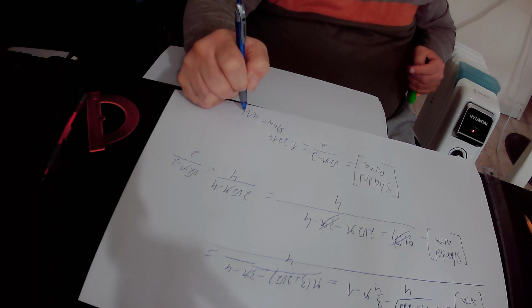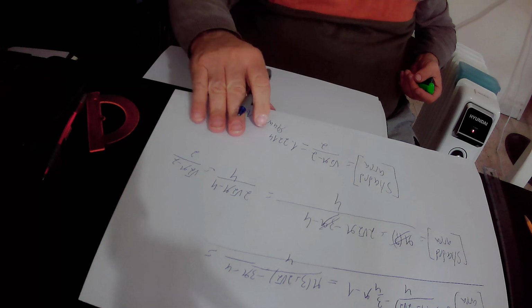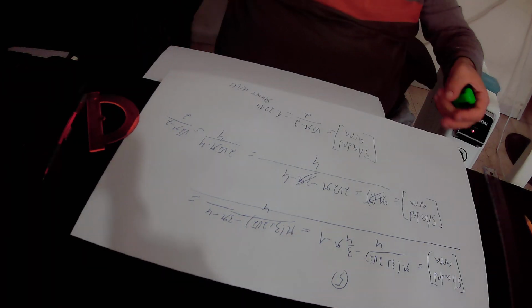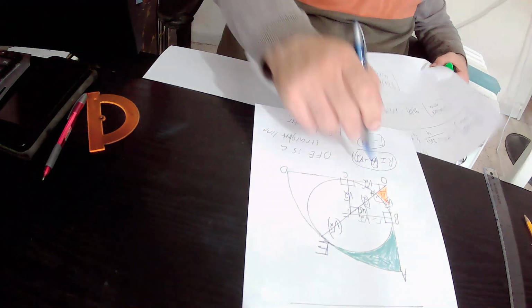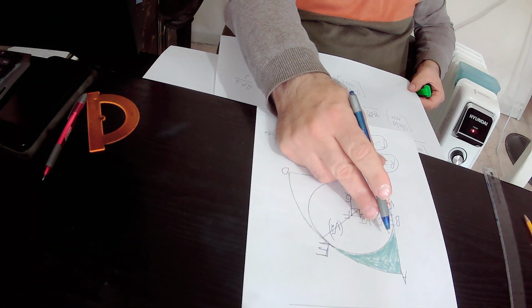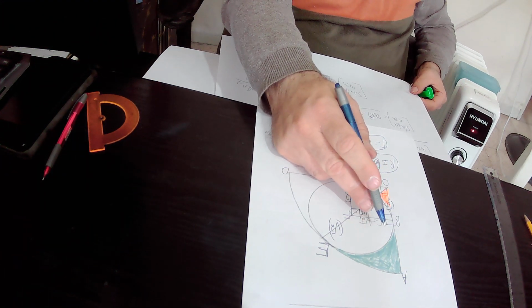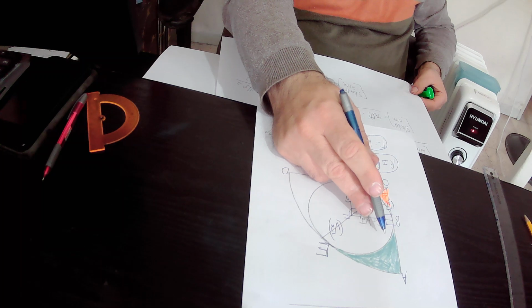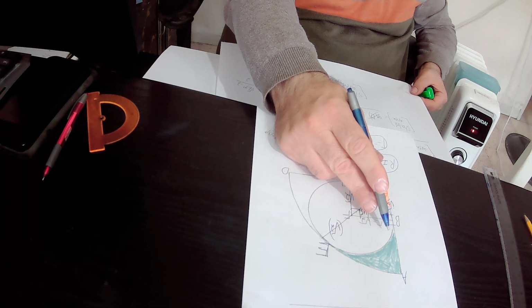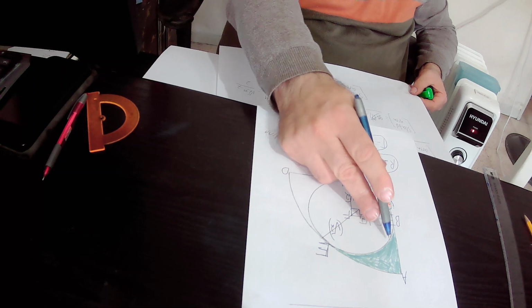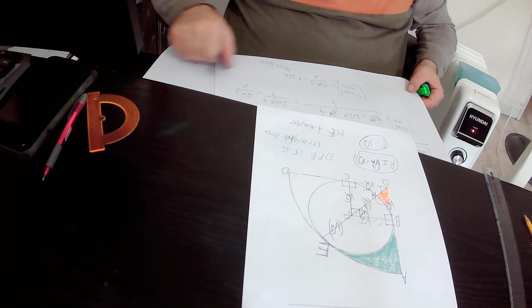And that is the answer to the question. Repeat again. The size of this shaded area is equal to either square root of 2 times pi minus 2 over 2 square units, or in terms of numbers, it is equal to 1.2214 square units. So in the next step, I will summarize the